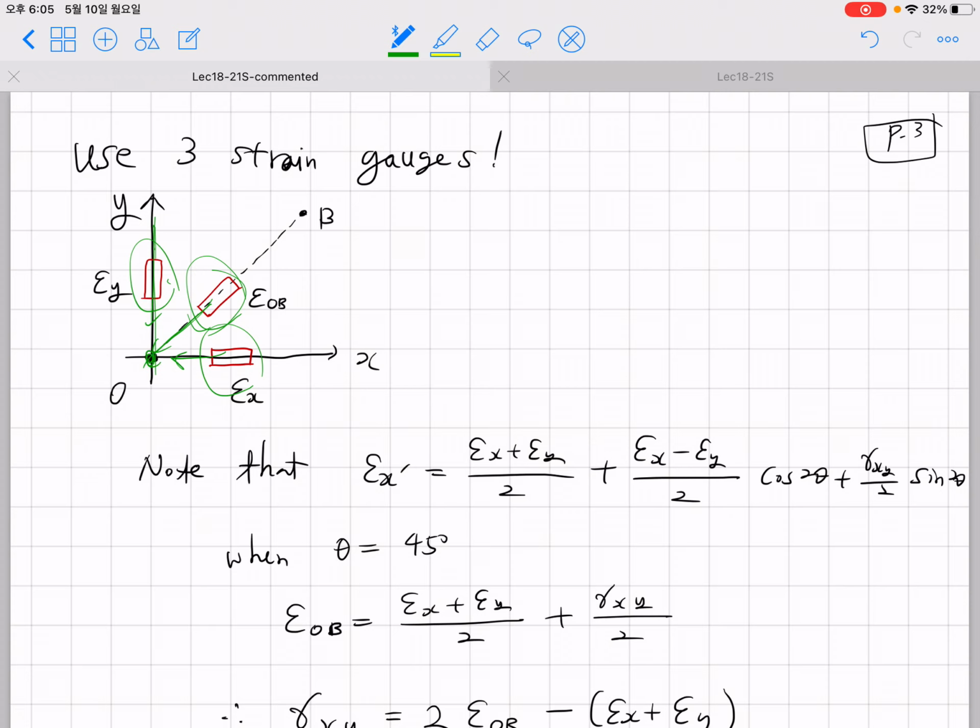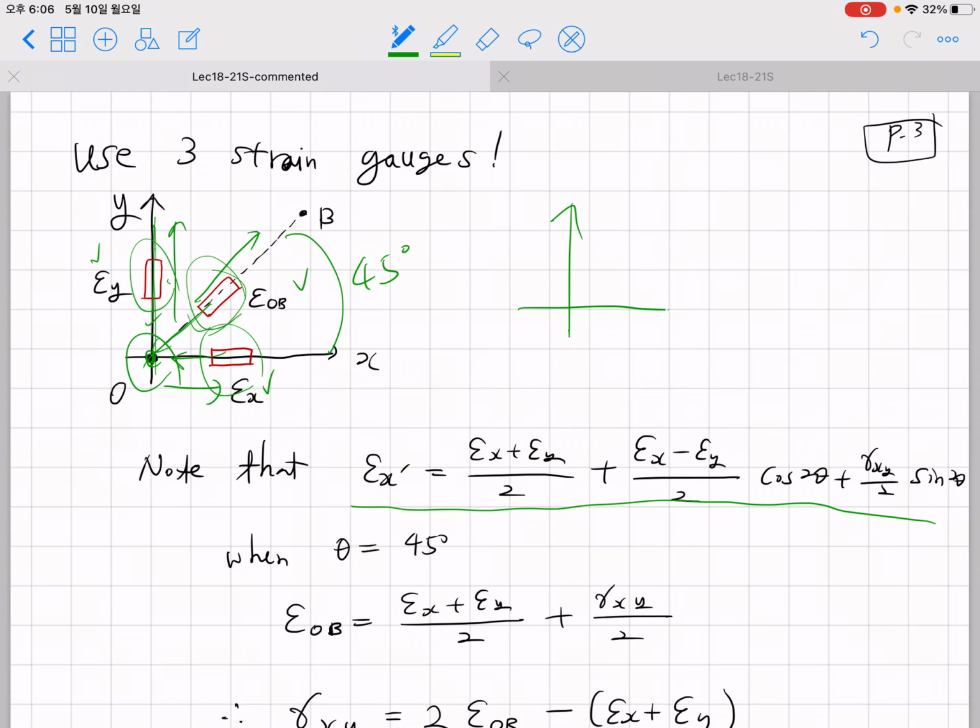Okay, so after having 3 strain gauges that are aligned on the same origin point, what you do is you measure normal strain along 3 directions: x direction, y direction, and this b direction. Suppose that for simplicity this is 45 degrees, then you're going to get an even simpler equation set. So here what I want to note is the equation we had in the previous class, if we